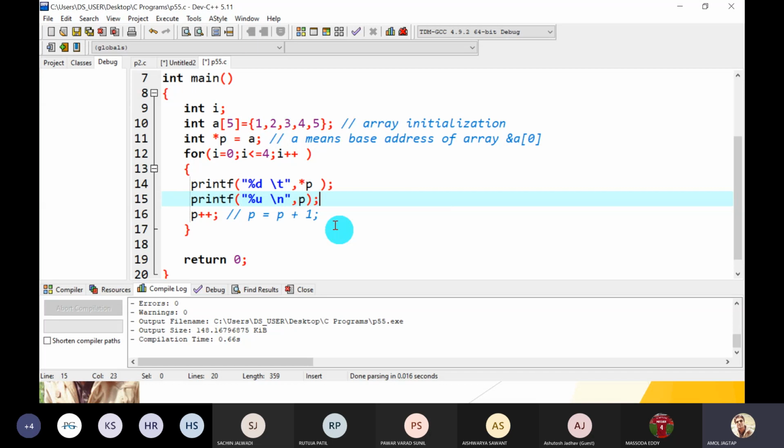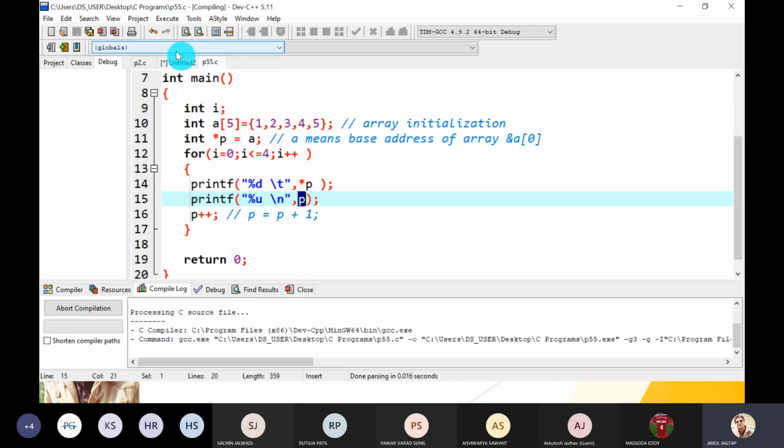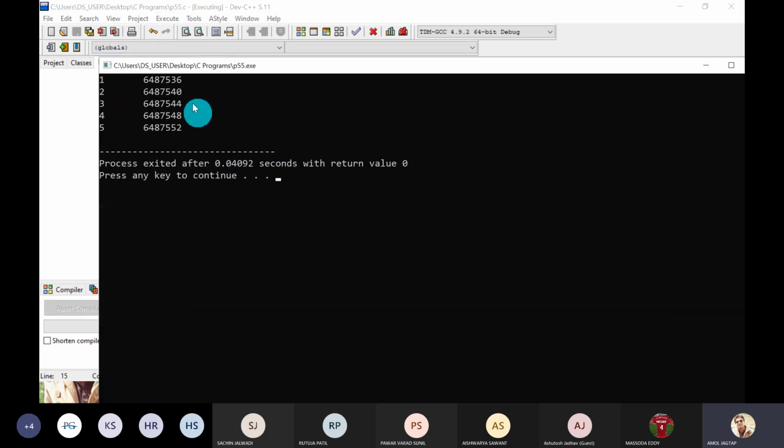Just write p. When you print just p, it gives the base address of the array first. Let's check whether it gives addresses with differences of 4, so the difference between the addresses must be 4 bytes. Just check: 36, 40, 44, 48, 52. What is the difference? 4 bytes, because each integer variable requires 4 bytes. Great, that's all.